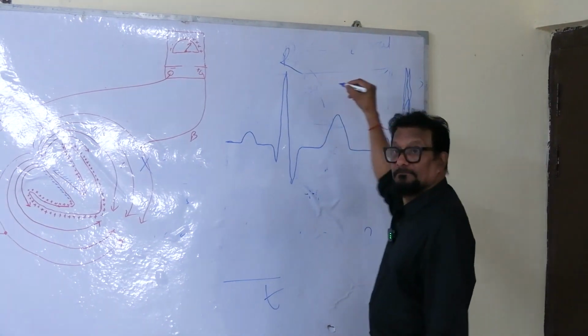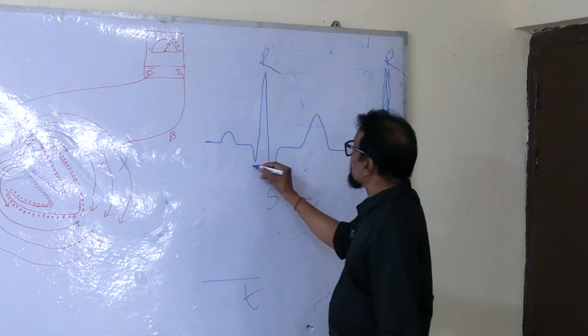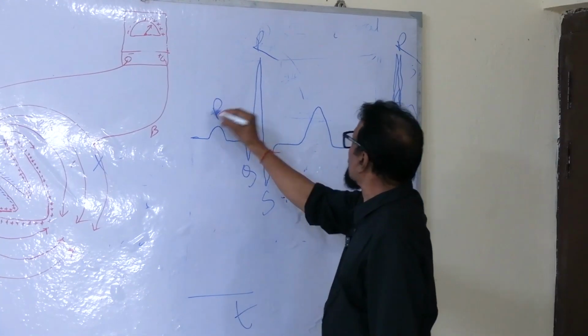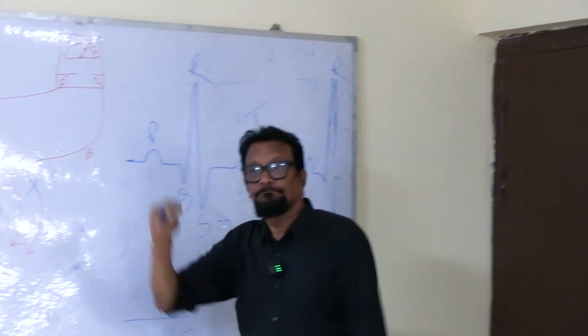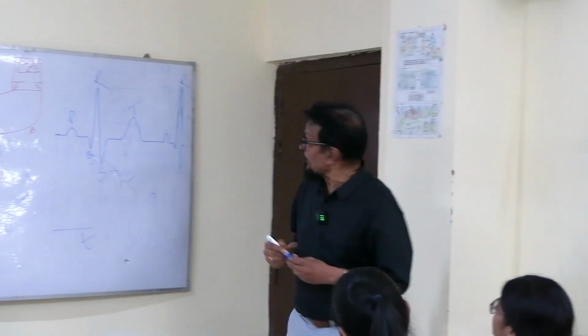This is R wave, this is R wave, this is S wave, this is Q wave, this is P wave, this is T wave. P, Q, R, S, T. Now see,